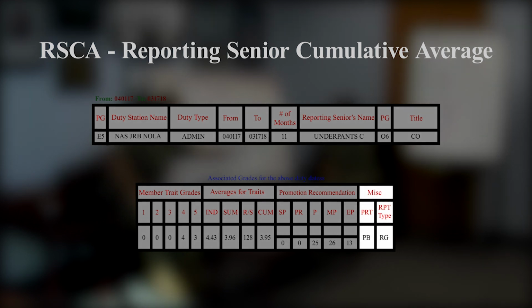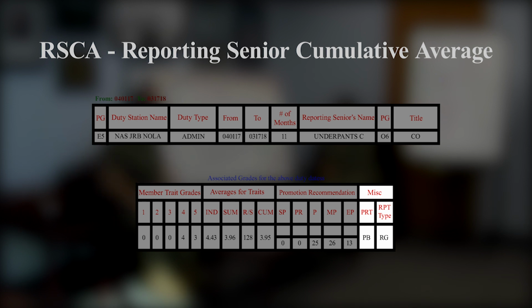The next block, miscellaneous, talks about the PRT cycles. As you can see, this person passed the first cycle with a P, and they probably scored an excellent or an outstanding because in the next cycle they had a B, which means they were validated. If you get an excellent or outstanding, you don't have to run the next one. You still have to get your BCA done, but you don't have to perform the next PRT because you scored an outstanding on the previous, and you took